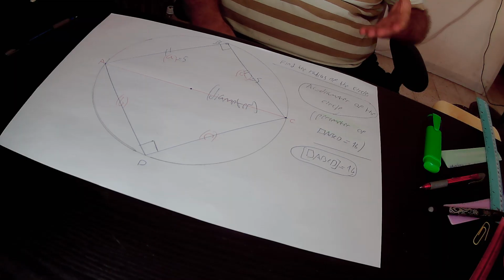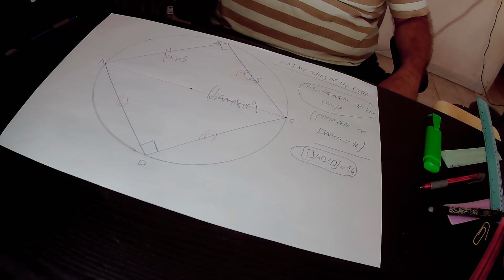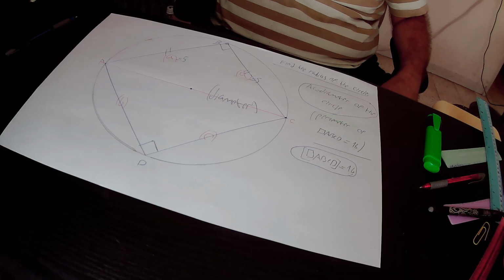Our task in the first question is to find out the radius of this big circle that circumscribes this quadrangle